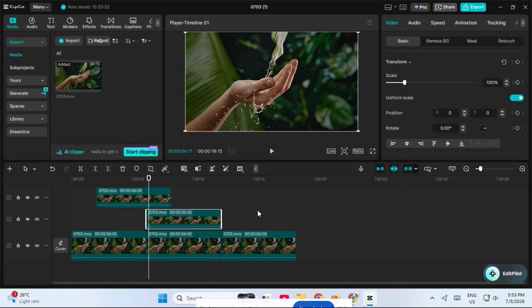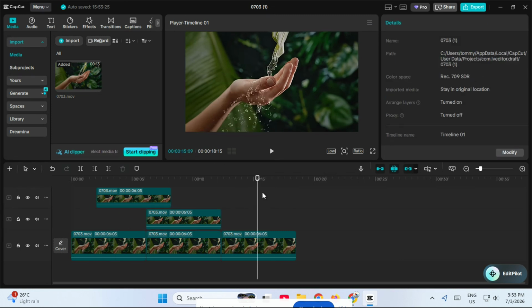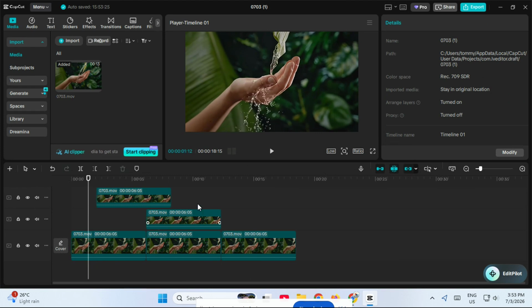For example, if you have a background video and you want a text box or sticker to show above it, just drag the text or sticker layer above the background clip. On the other hand, if something is covering your main footage, move that item lower in the timeline so it no longer blocks what you want the viewer to see. The order in the timeline directly affects the visual stack in your project, so a small drag can completely change